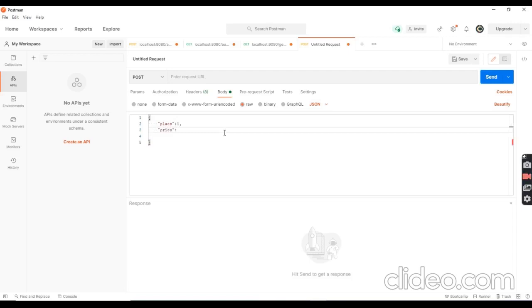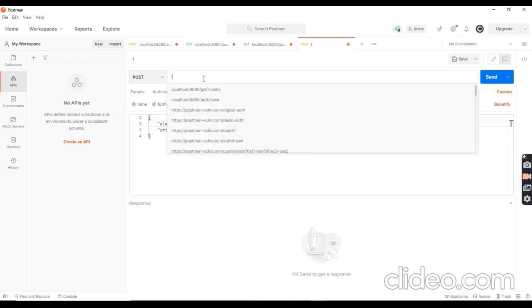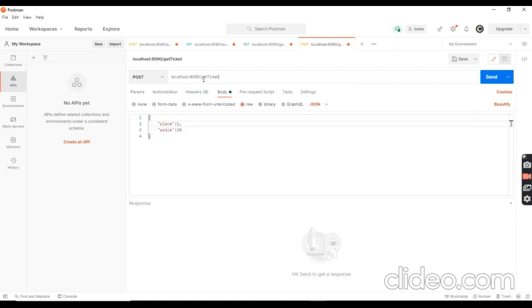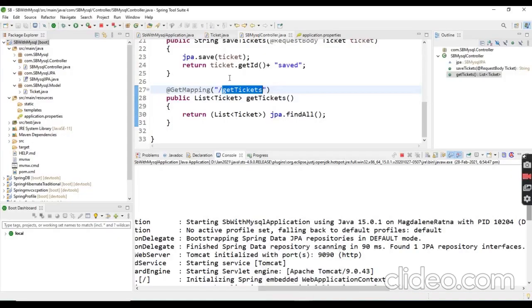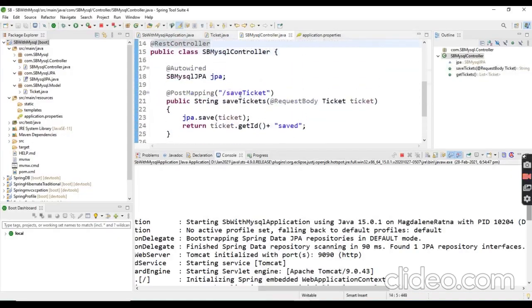We defined the places field as an integer. Actually, instead of defining places as an integer, we should have defined it as a string. Anyway, it's okay. We wrote places 1 and the price is 20.